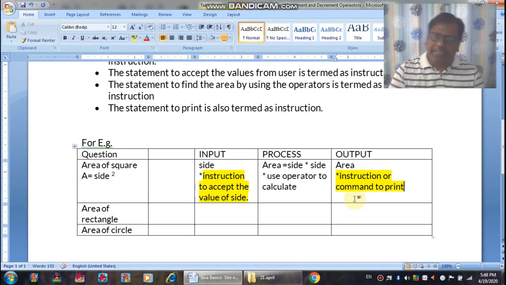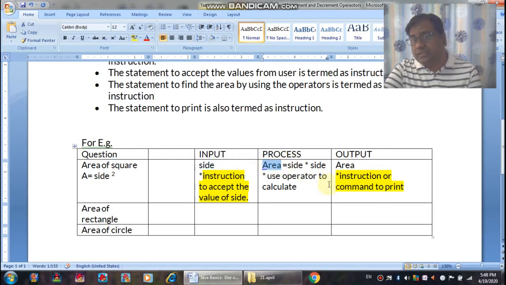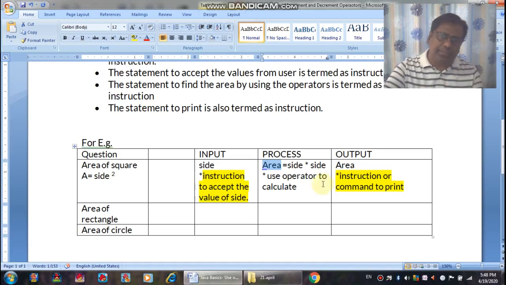When we look at the entire scenario, you see that we need two variables. One is side, to store the value of side. Next, again we need a variable, area, to store the result. Any data which is to be stored in memory requires a variable.